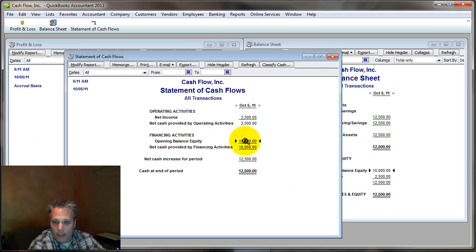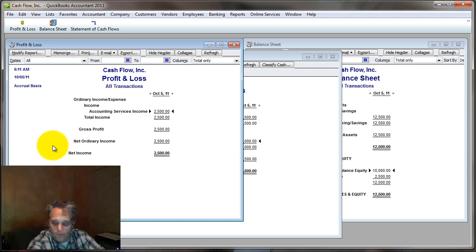So what happened is we had an increase to equity. Increases to equity represent an increase from net income to arrive at cash. So if I added money into the business, that money is not included in net income. So I have to add it to net income to figure what I have in cash in the bank. So that's how we deal with something that went into the company that didn't affect the profit and loss.